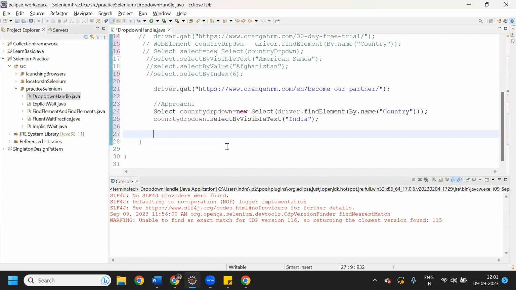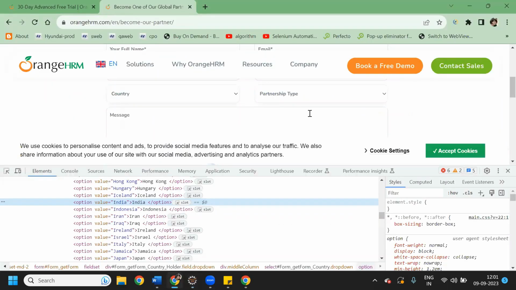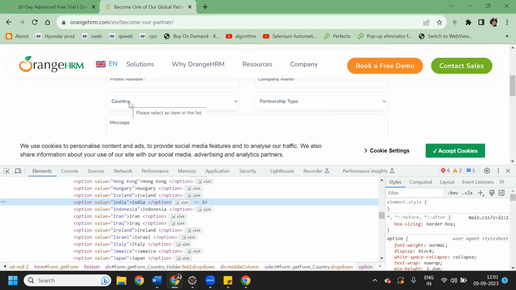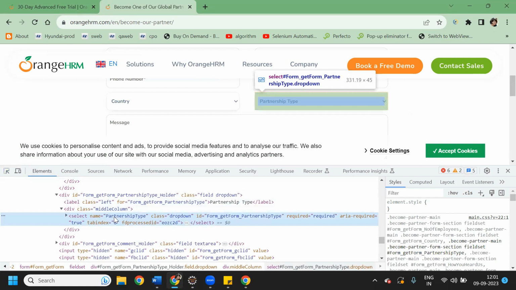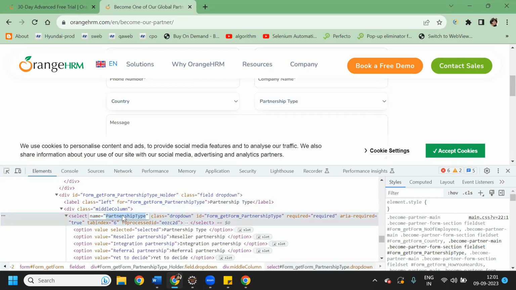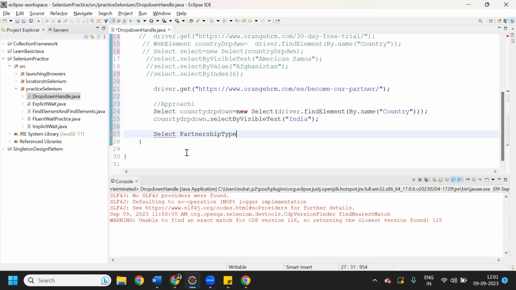Again, I will create select, and the second drop down value we have is for partnership, right? Partnership type. For this, we have written the code for country. Now we need to write the code for partnership. The partnership name is partnership only, partnership type. So I will give the reference variable partnership. Type I'll remove because it will be too lengthy. So partnership